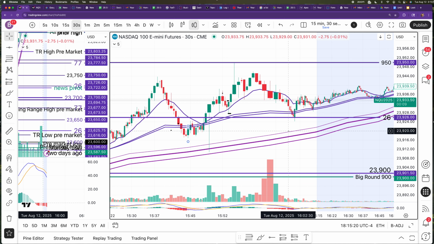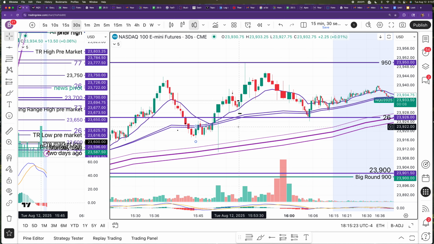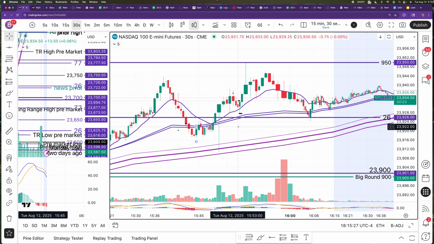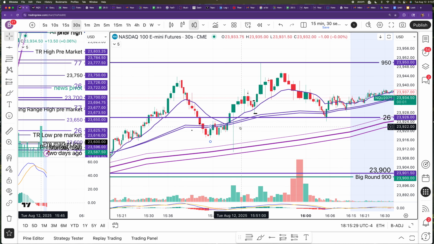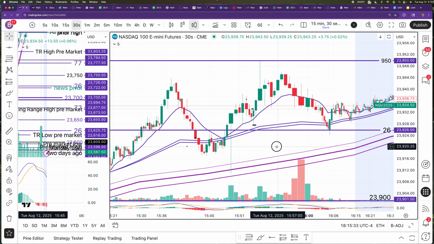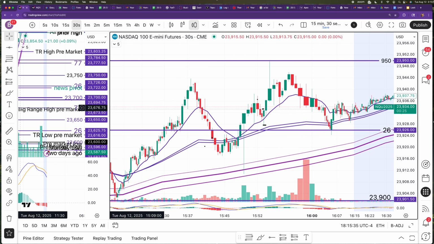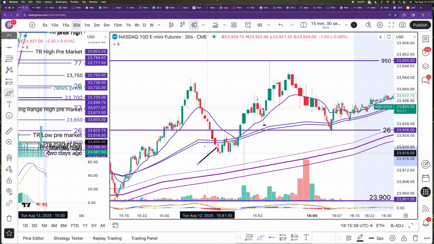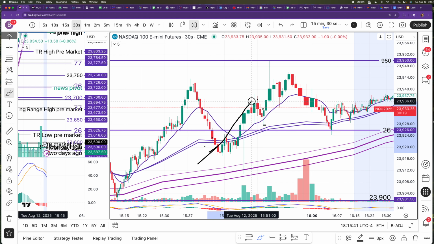Now, the end of day is a good time to trade. Usually in the last like 5, 6, 7 minutes, you'll see a setup. And now this one, price was getting a little squirrely here, but it did give me a beautiful setup, okay? So here's the setup. You have price pushing up. It pulls back to this 26 level,